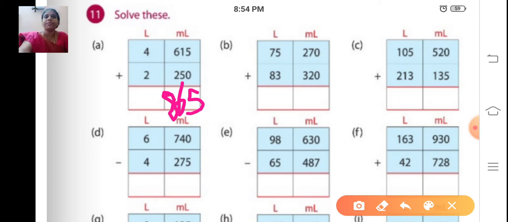865 milliliter. Then move on to the liters. 4 liter plus 2 liter. 4, after 4: 5, 6. So the answer is 6 liter